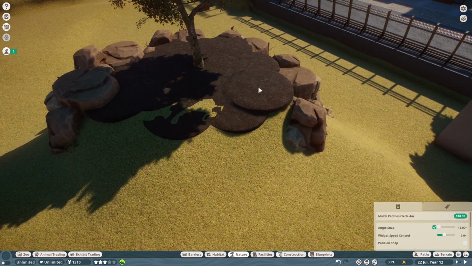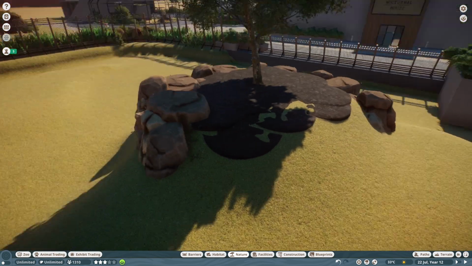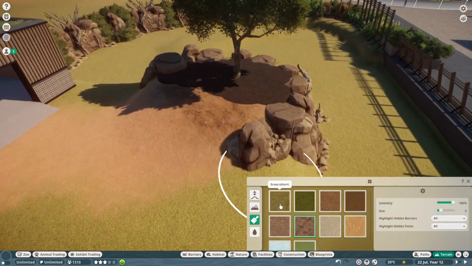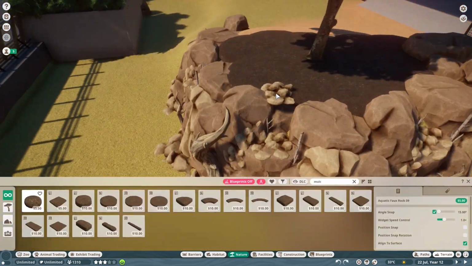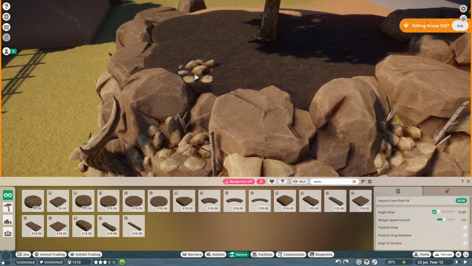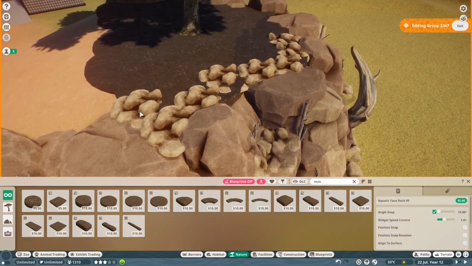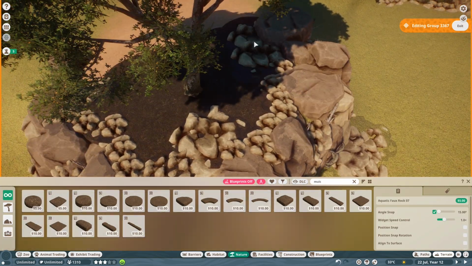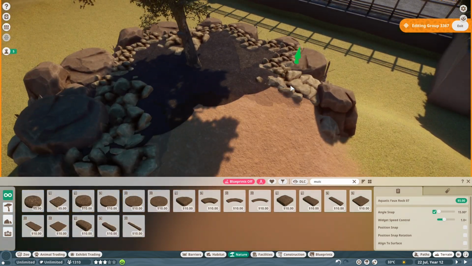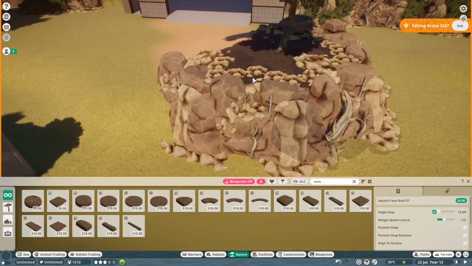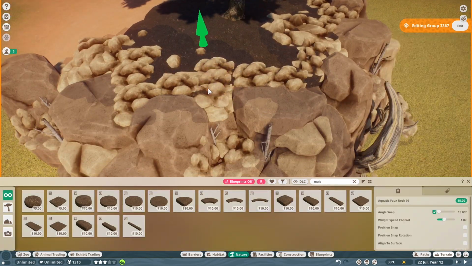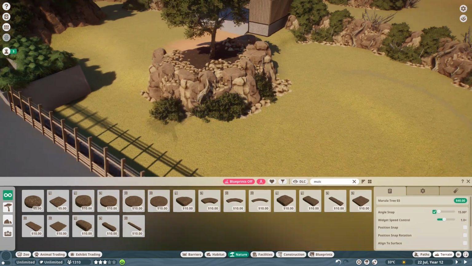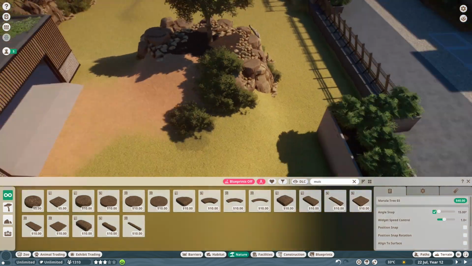We've got to cover those jagged edges, of course, because it would just look stupid if we didn't. You would be able to tell it's just mulch placed on a hill, but we want it to look natural and make it look like it is mud. Unfortunately, we've got thick soil, but it just doesn't look like this. I wanted something really muddy, and I wish that was one thing I would love Planet Zoo to actually add: different terrain types and thicker terrain types to make it look like heavy mud, like you see me creating here with the mulch. Just bulking this area out again with the same foliage and covering up those jagged edges